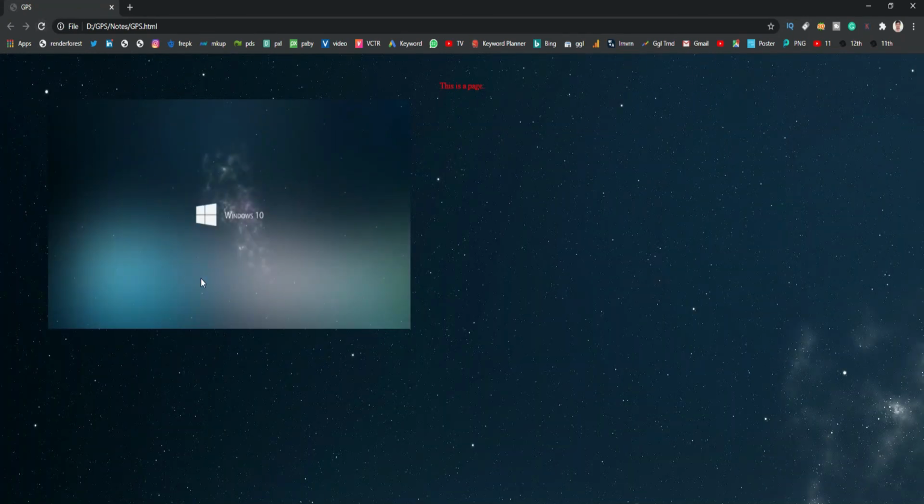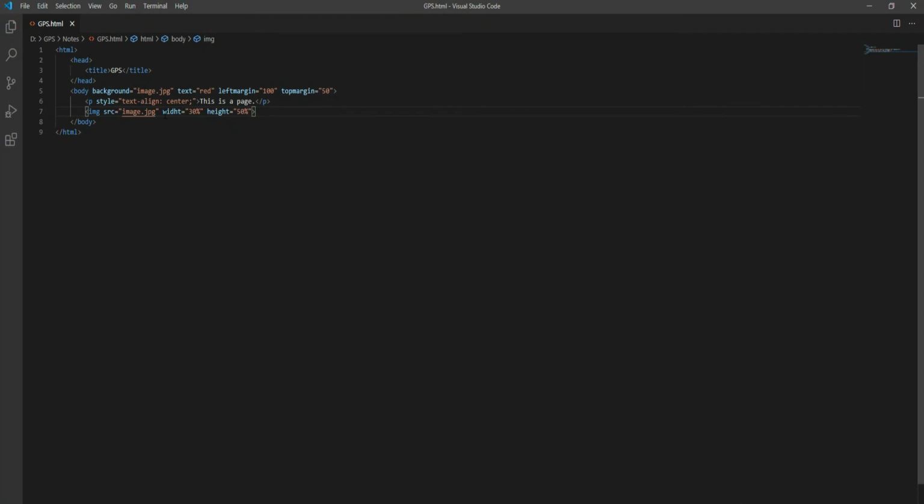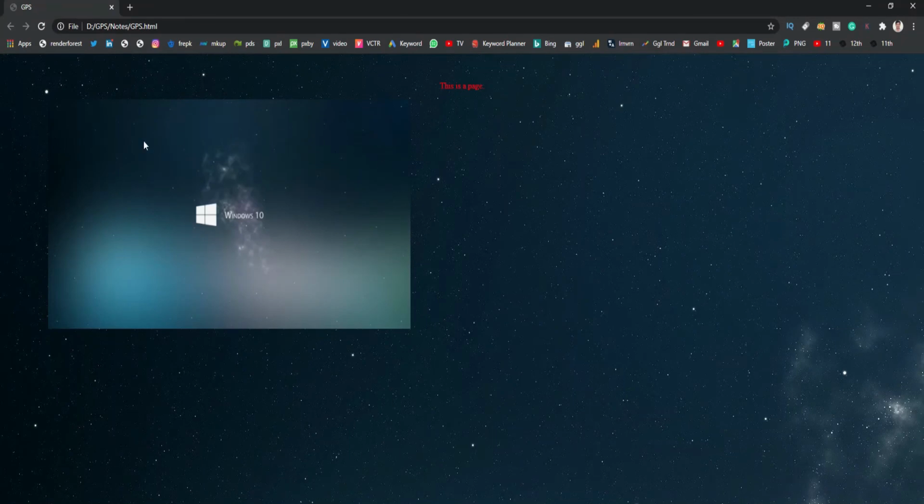So as you can see that there is a complete image which has been inserted in the web page. Because the size of the image is large, it was not showing properly in the page. But when we insert width and height of the image, width 30% and height 50%, it means that now the size of the image is controlled by the tags.